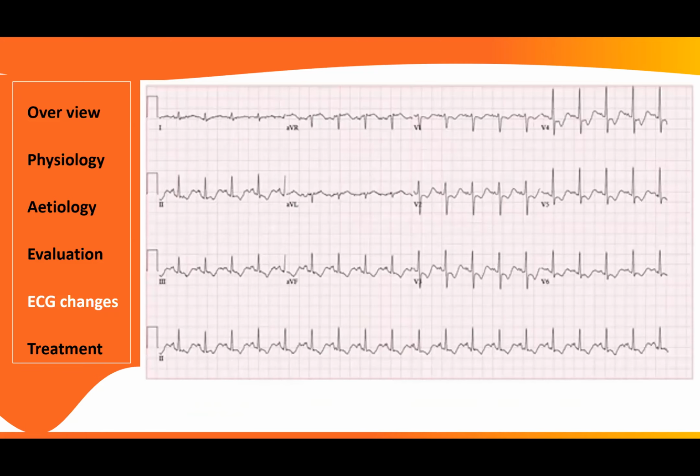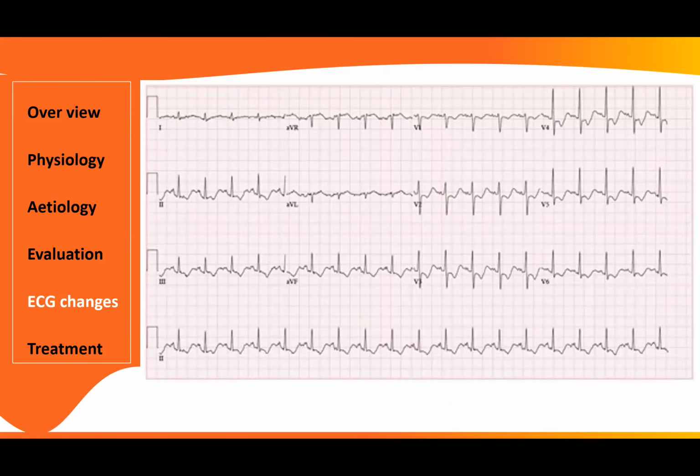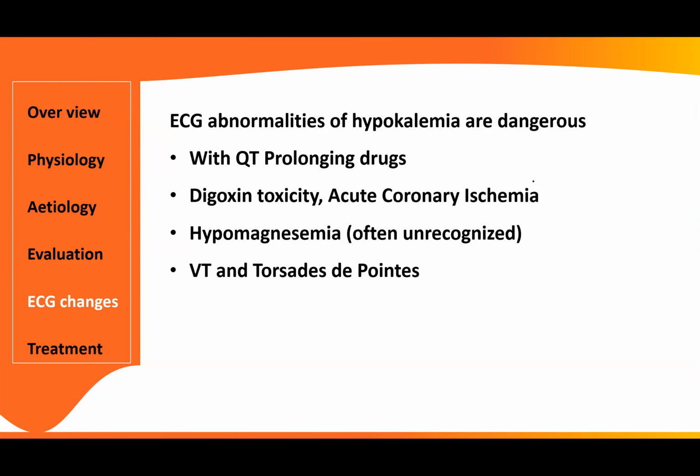So this is another real-time ECG. That is the diagram there. This is a real-time ECG where you can see ST depression, T inversion, and U wave there. This is the U wave there. And this is the T wave depressed and ST depression. And when you want to look at the QT interval, you start from here and then go up to here, which is not correct. You are including the U wave there. And that is why you have to be careful.